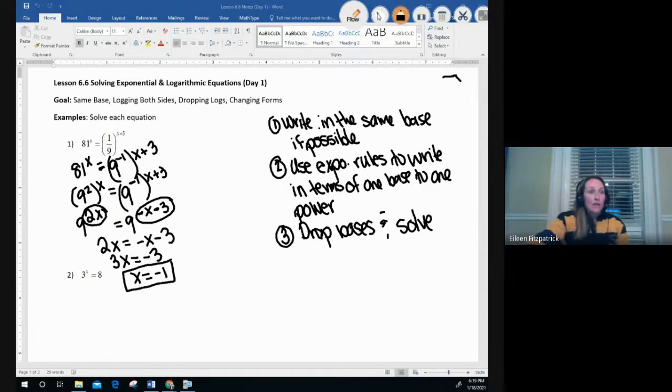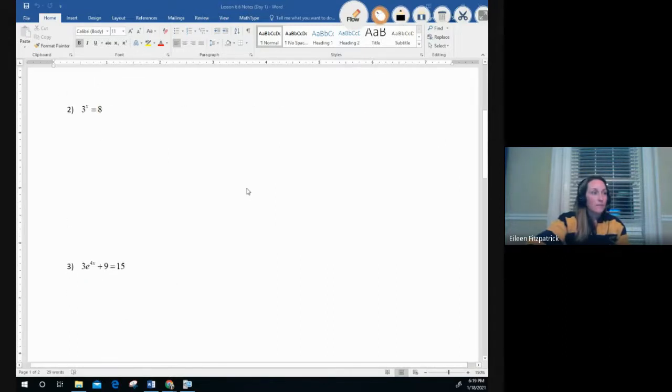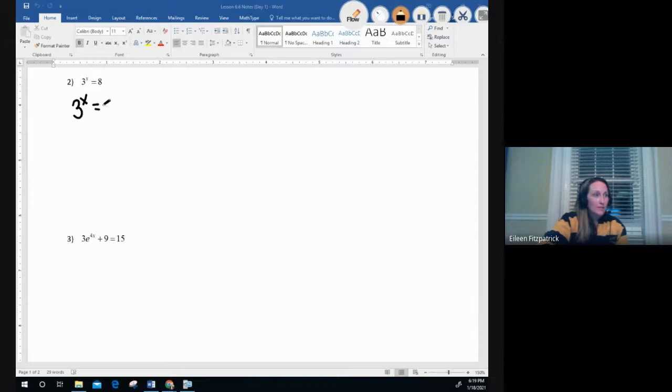For the second problem, all right, now it doesn't look like I can really go through the same process that I went through the last time because I can't get the same base, right? I could write 8 as 2 to the third, but I don't have the same base. So if you can't get the same base, what you're going to do is,